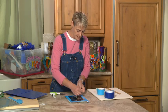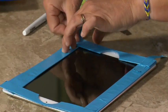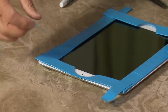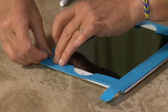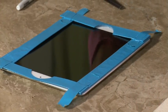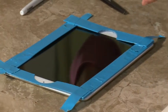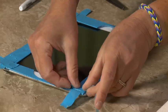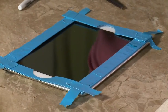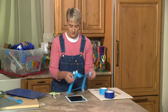So I'm just going to take these pieces like this on either corner, again, in this corner, and then I'm going to come back and do these edges too. So see, I'm putting like an X at each corner, like that, and like that, and like that. And then I would take this off of my device,